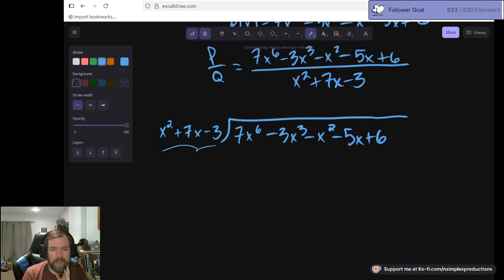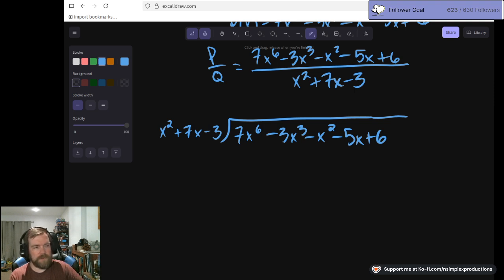All right. So looking at this, what we would like to do is get rid of the highest degree term, and the rest we're probably not going to be able to subtract out very nicely. So it's just going to have to wait until future rounds in this algorithm. So right now we want to look at the highest degree term in both and ask, how do we get from x squared up to 7x to the sixth? How many times can we subtract off